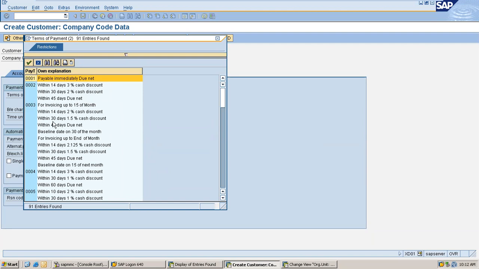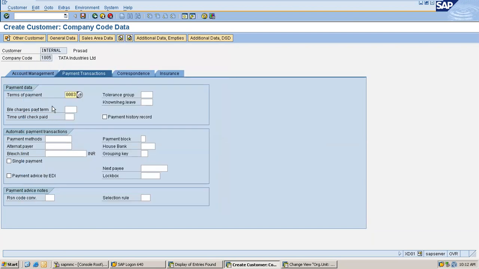If you pay within 30 days, you will get 1.5% cash discount. Within 45 days, you have to pay the entire amount. So these terms are motivating the customer to pay early. They are giving straight away 2% cashback or 1.5% cashback based on different time frames. Okay, this is how your payment terms work.